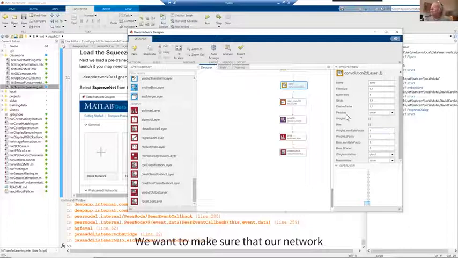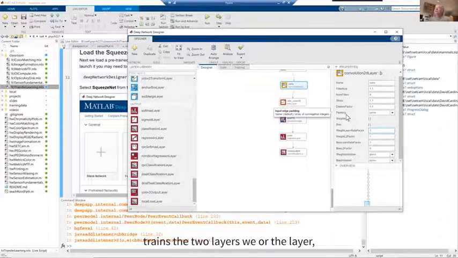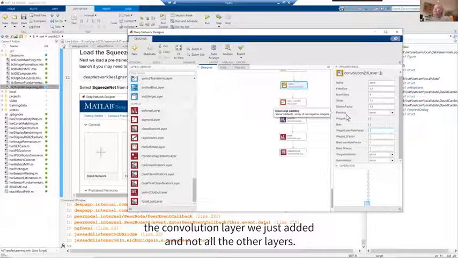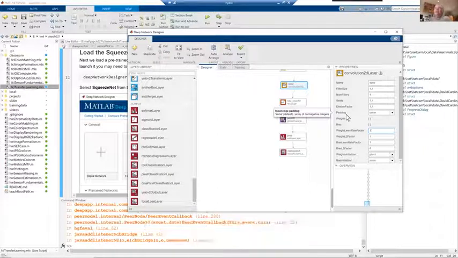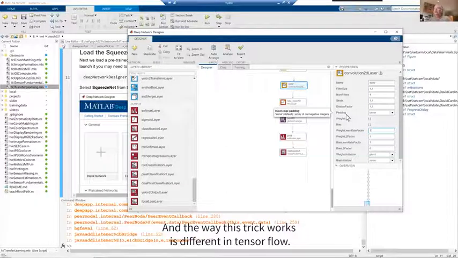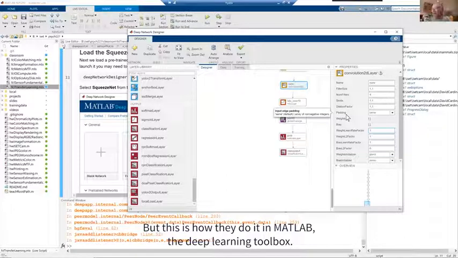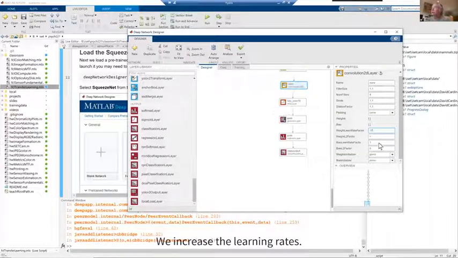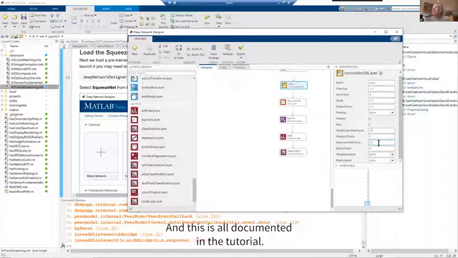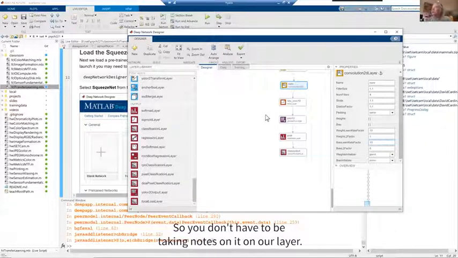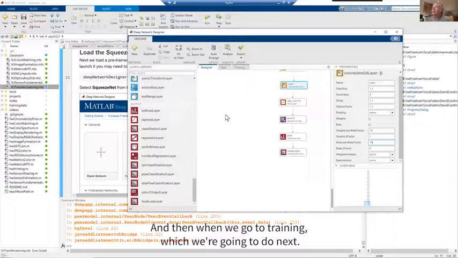We want to make sure that our network trains the convolution layer we just added, and not all the other layers. So we're going to do a little trick, and the way this trick works is different in TensorFlow, it's different in Mathematica, but this is how they do it in Matlab Deep Learning Toolbox. We increase the learning rates on our layer, and this is all documented in the tutorial, so you don't have to be taking notes on it. And then when we go to training, which we're going to do next,